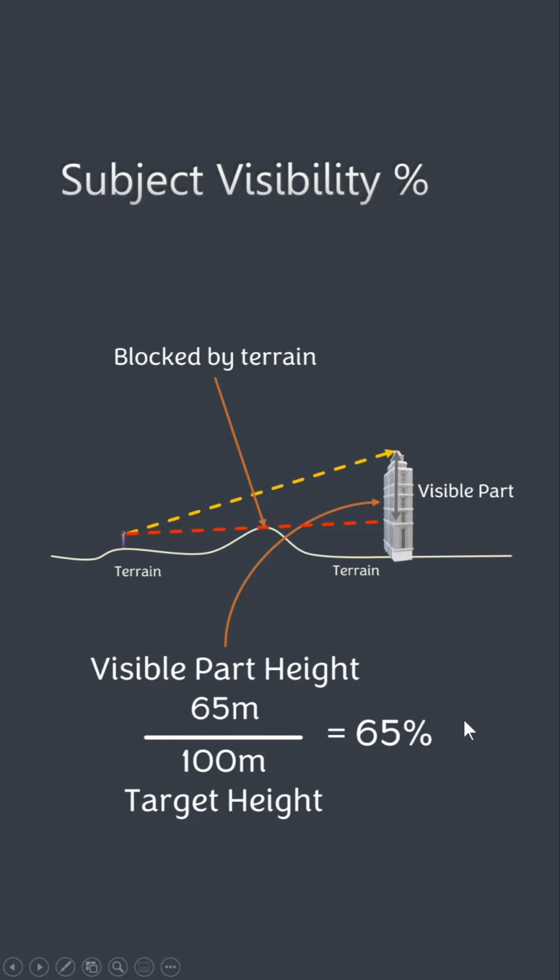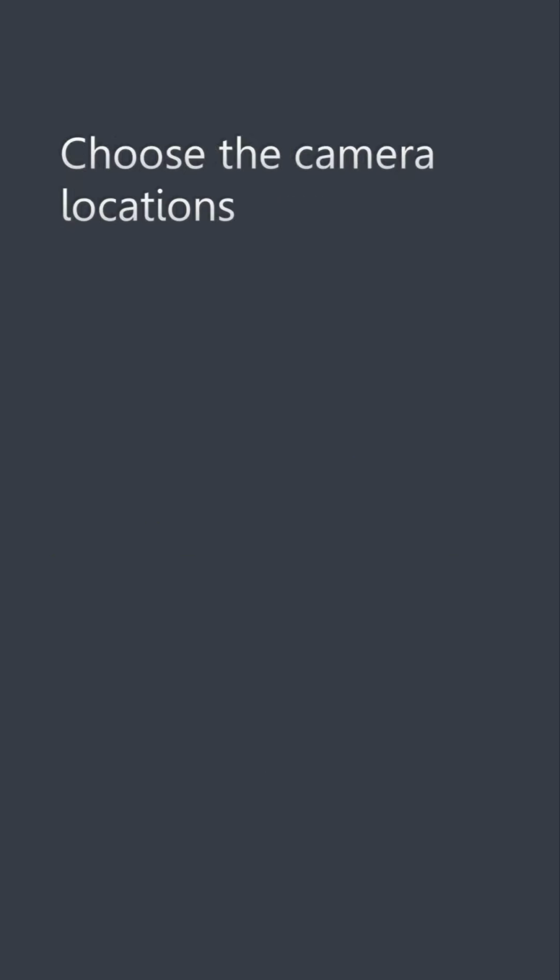Of course, in most cases, we want 100% subject visibility or even 90%. But in some cases, you just want to shoot the top of the building in alignment with some moon or sun. Then it doesn't matter. Maybe 10%, even 30% will work just fine. So it really depends on how you're going to shoot it. In the locations we suggest, we will tell you the subject visibility percentage. As you can see in the previous demo, we show 56 different locations,